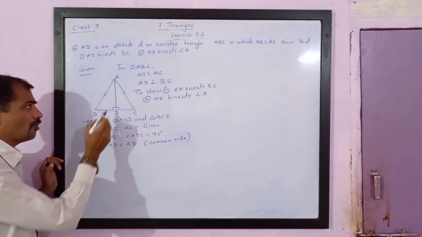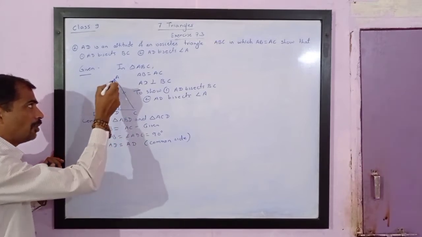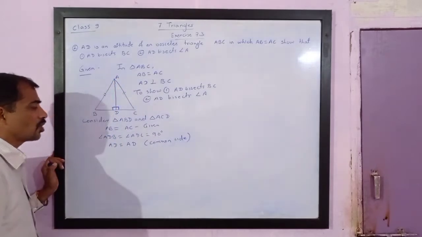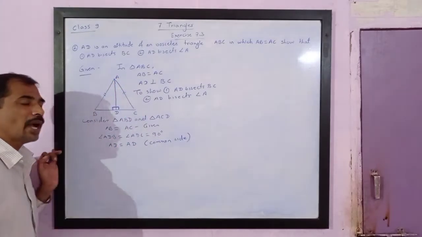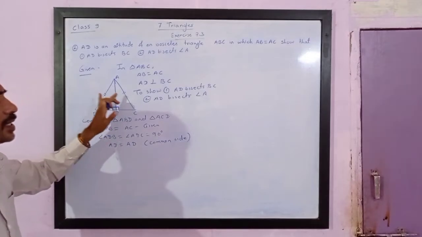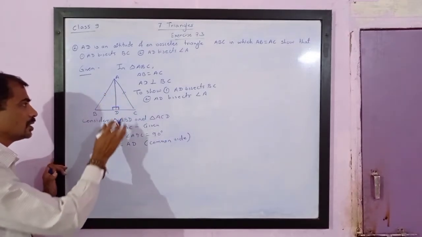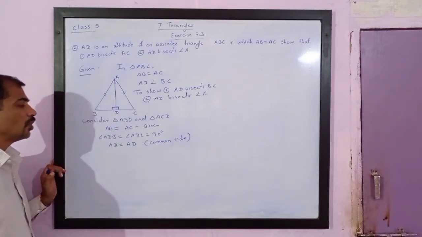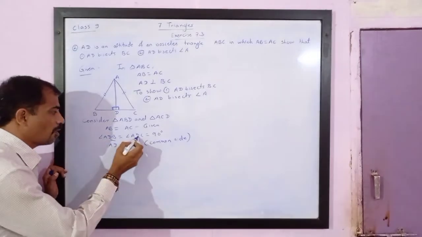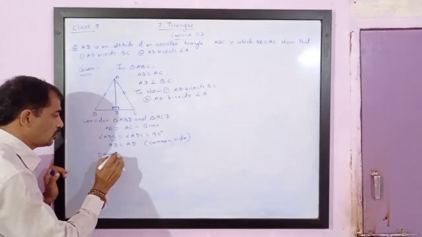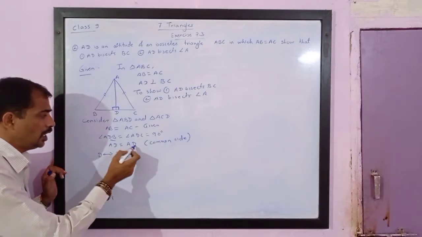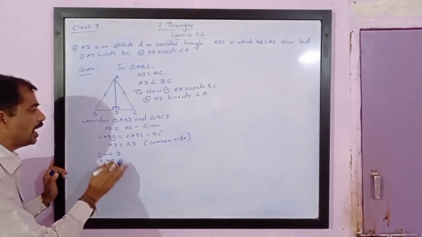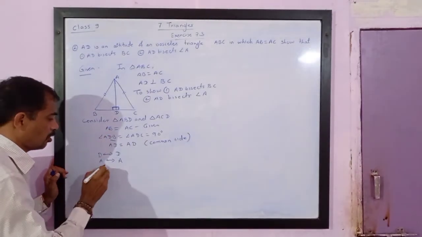Now see, one of the angles is a right angle. The side opposite to the right angle is the hypotenuse. Hypotenuses are congruent and one of the sides is congruent. It means these two triangles are congruent by right angle hypotenuse side theorem. In order to write this, we need to write one-to-one correspondence. So please note here, D corresponds to D. If D corresponds to D, it means A corresponds to A. And if A corresponds to A, then B will correspond to C.